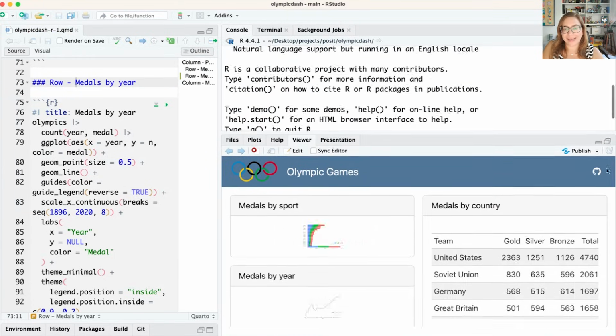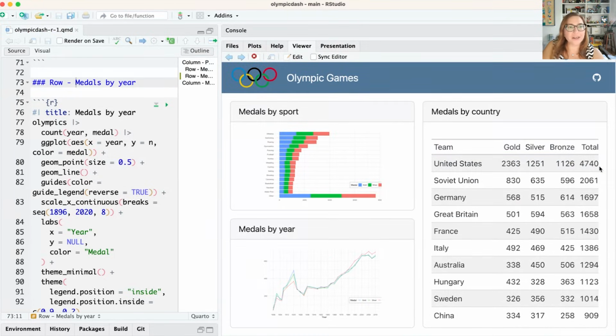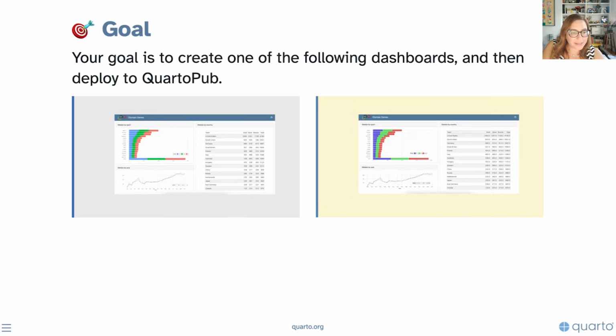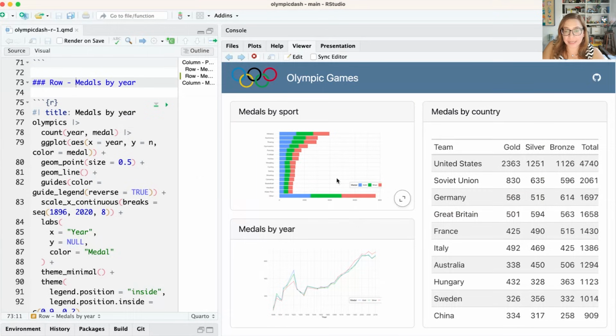All right, it looks like we're getting there. Let's take a look at our goal. And one of the things that we are seeing is that the top visualization is a little bit taller than the bottom visualization. So we need a way of telling Quarto that the heights of these should not be equal to each other. So we can see here that when we leave things up to Quarto, the heights are equal to each other and also the widths of the columns are equal to each other. So how will we go about doing that?